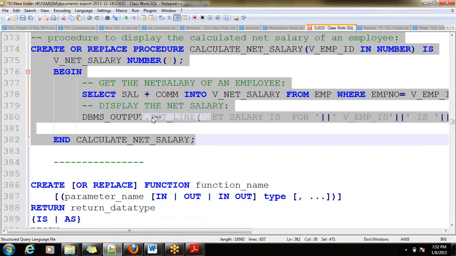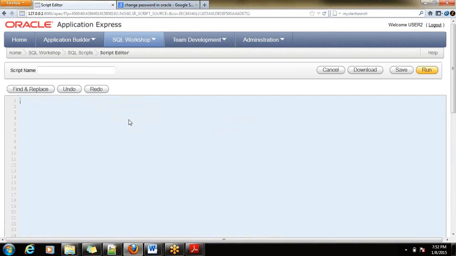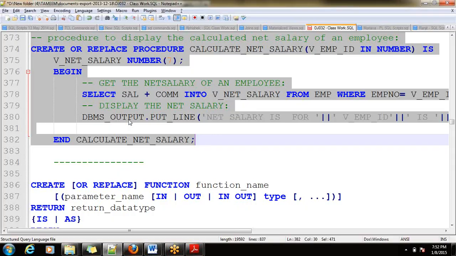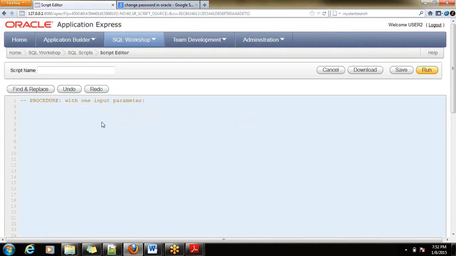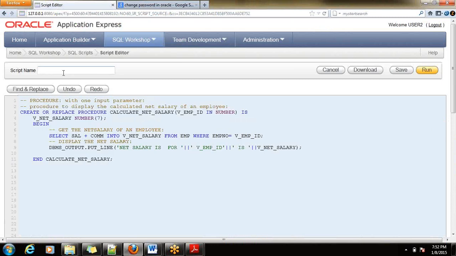Copy it again. Example 4, with a table. I am running it.